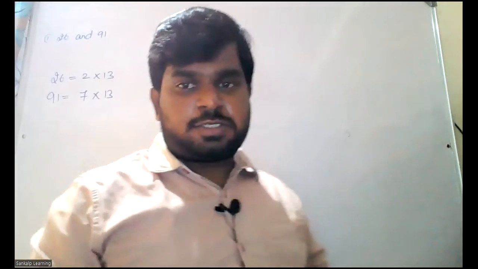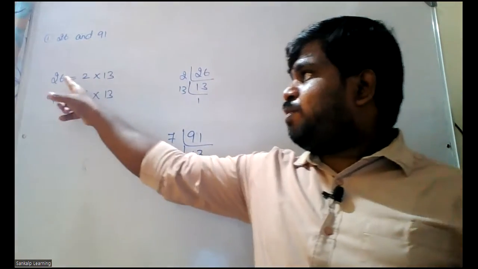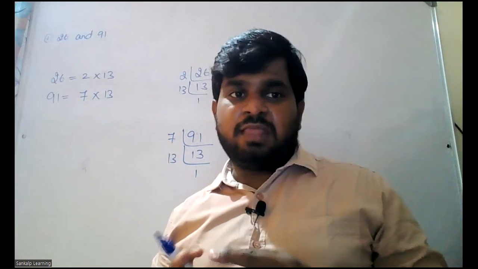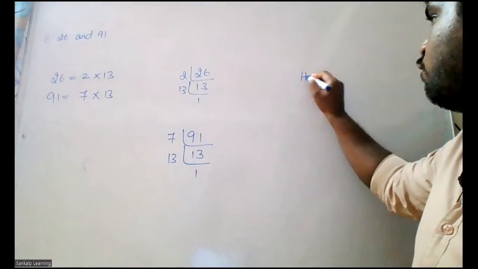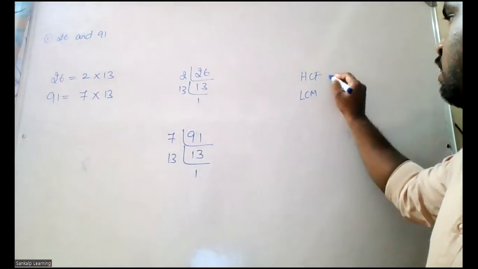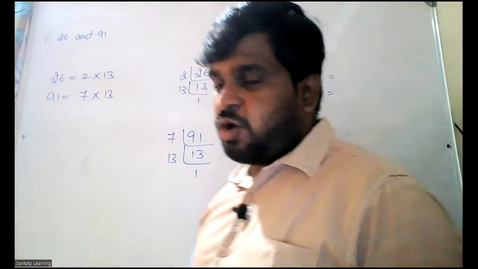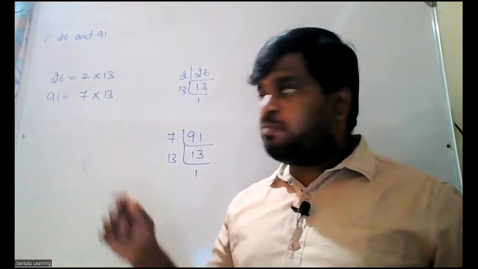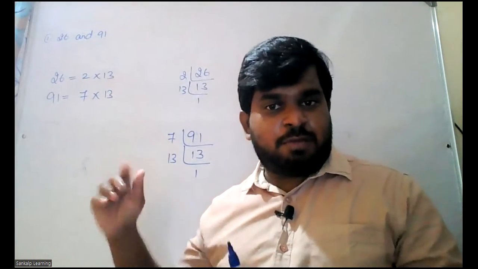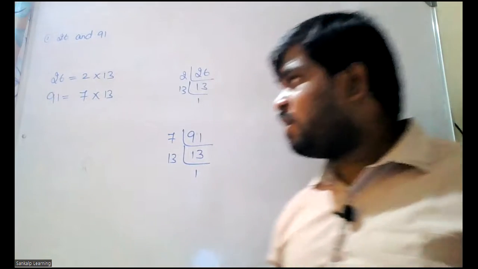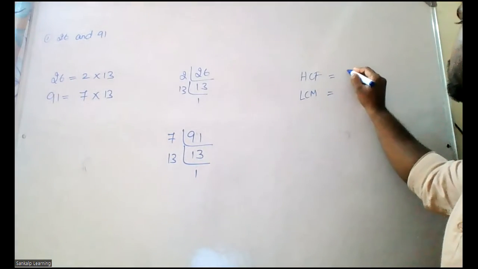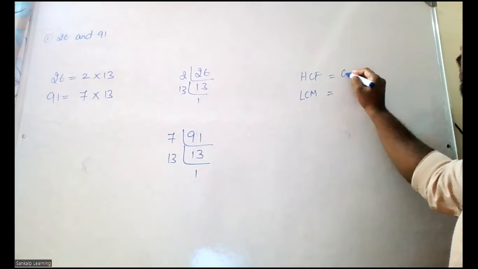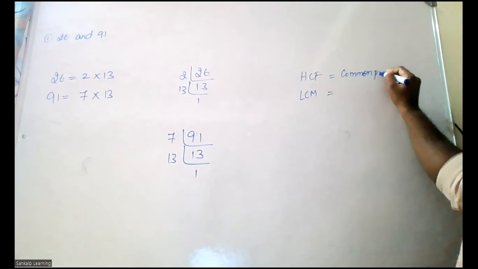So the very first step is you have to prime factorize the given numbers, which we have done. Now, how to find the HCF and the LCM? To find HCF, you have to choose the common prime numbers, the same prime numbers in both, with their least powers. The trick to find HCF is common prime numbers